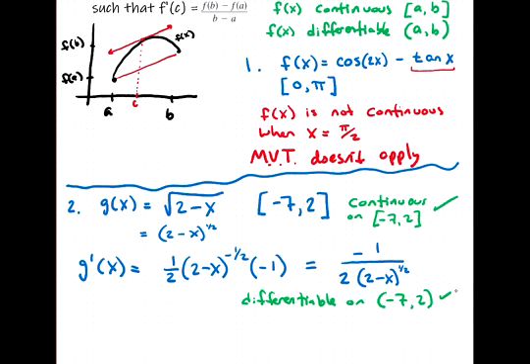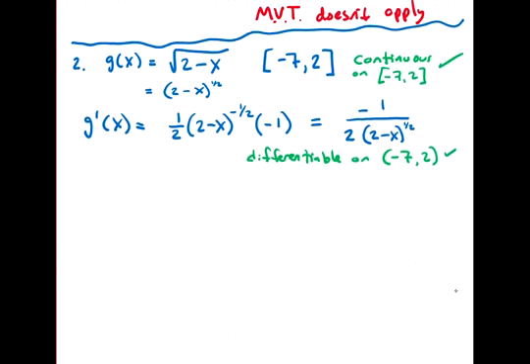All right, so now to apply the mean value theorem. Just like with Rolle's theorem, this is a two-step process. Step 1, determine whether or not you can apply the mean value theorem, and then set the derivative equal to the slope of the secant line. Okay, so the slope of the secant line will be